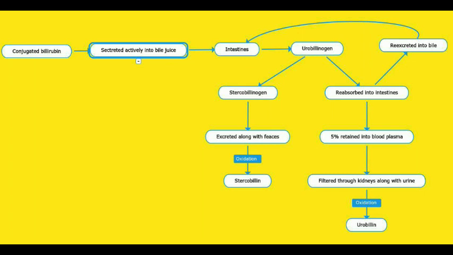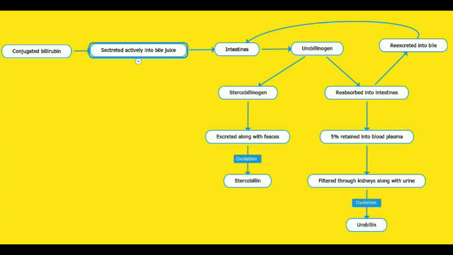So basically we can say bilirubin is excreted in two forms. Stercobilinogen, which finally gets converted into stercobilin and is excreted through the stools, while we have another byproduct of urobilinogen, which is urobilin, which is excreted through the urine. So the entire porphyrin chain is finally broken down into stercobilin excreted through the stools and into urobilin, which is excreted through the urine.